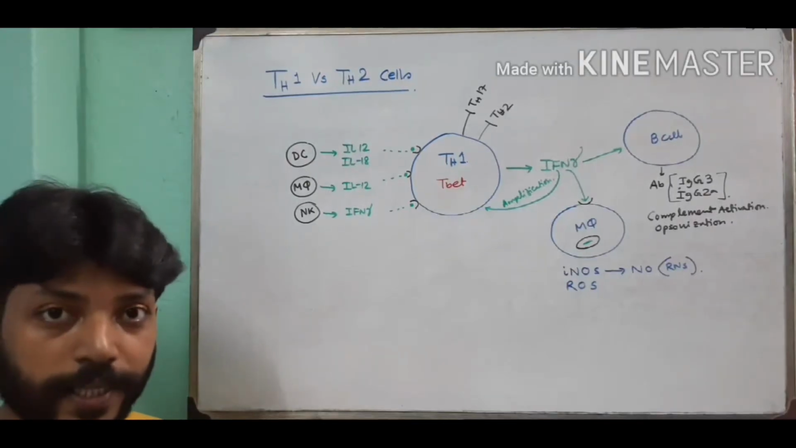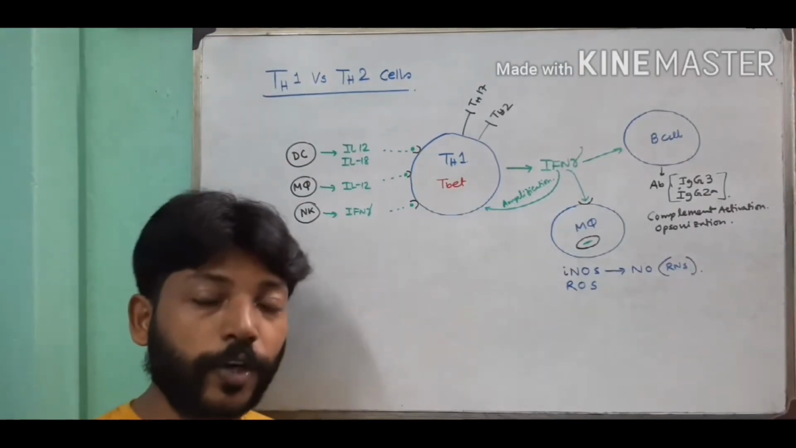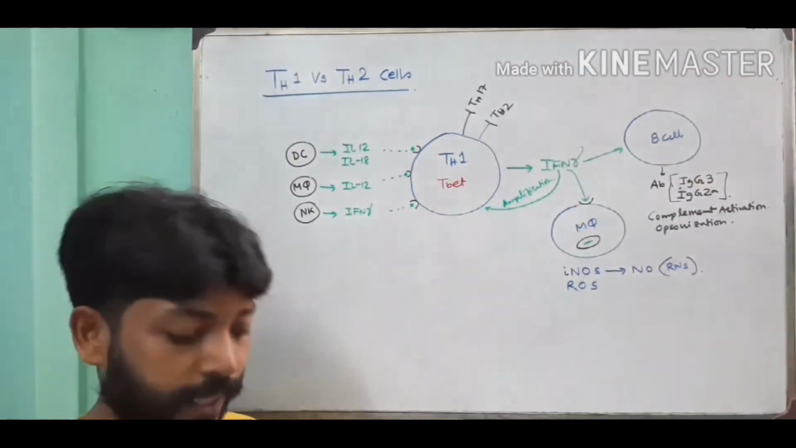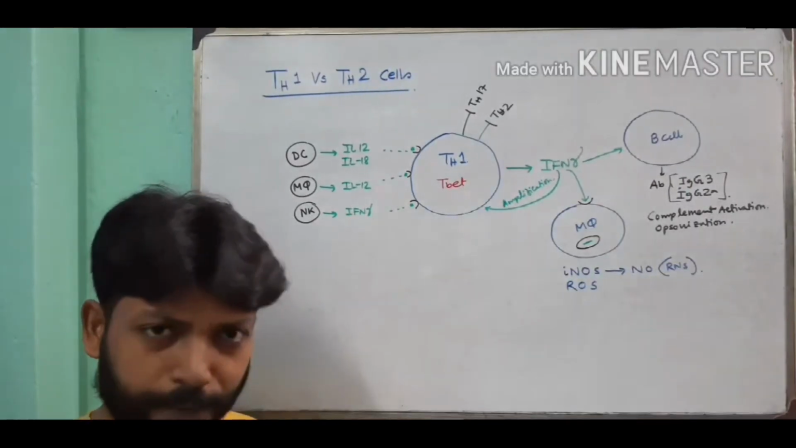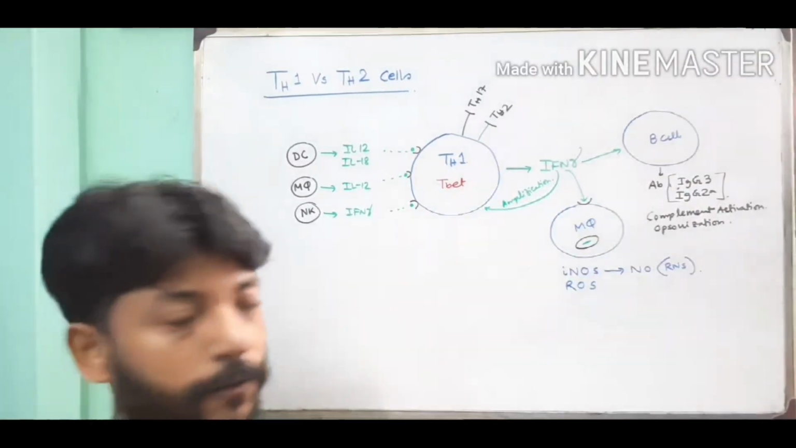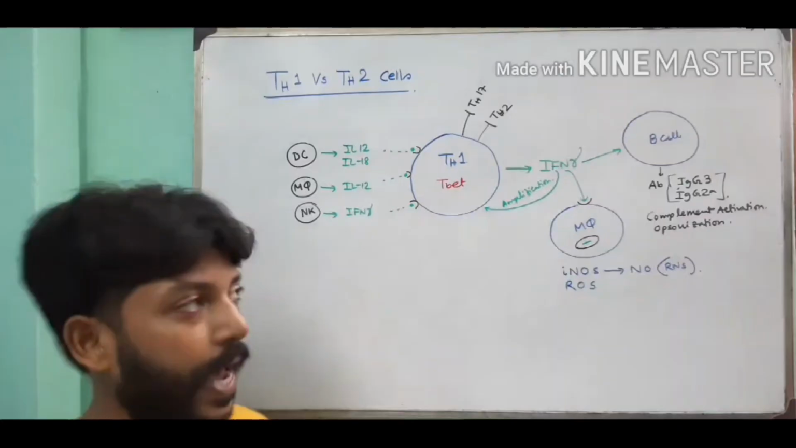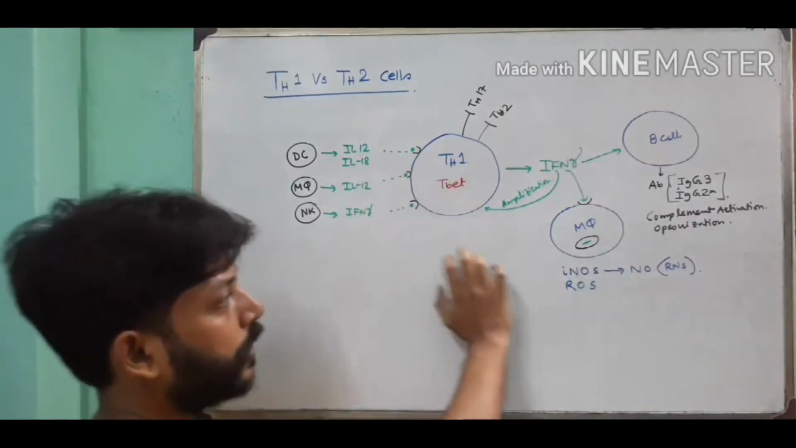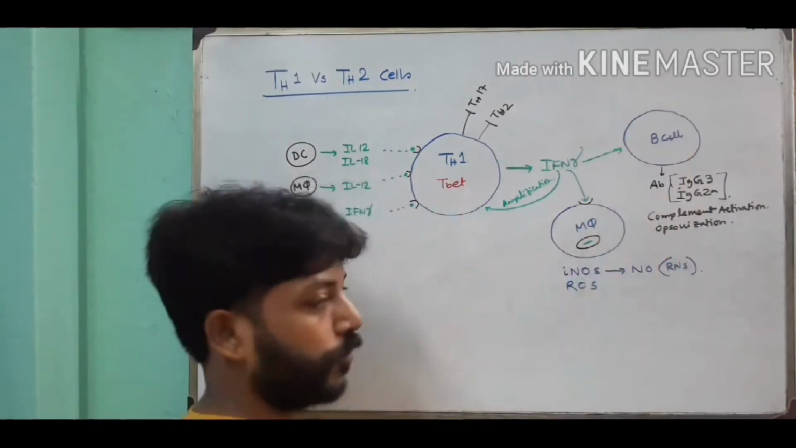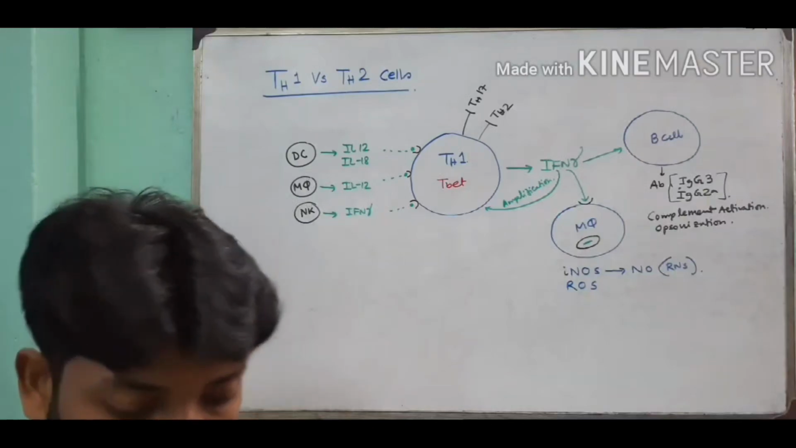Okay, so TH1 cells are generated in response to intracellular bacteria that have evolved mechanisms to survive in the phagosome, and after production, TH1 cells can induce B cells and macrophages. Okay, now I will tell you about